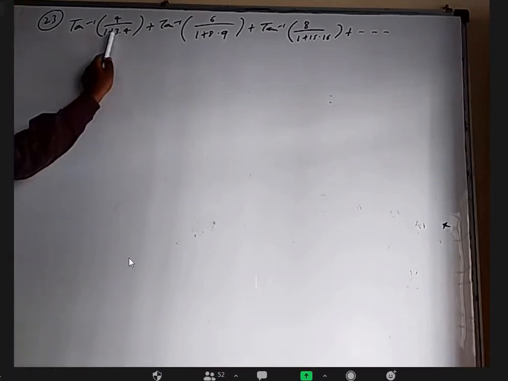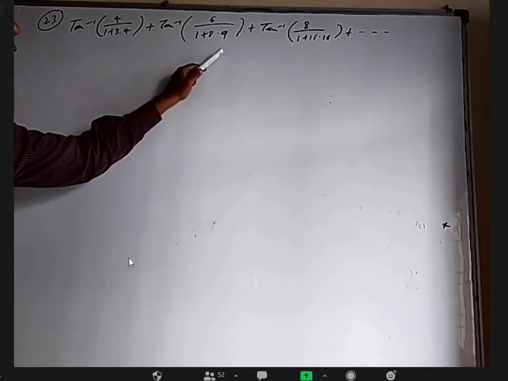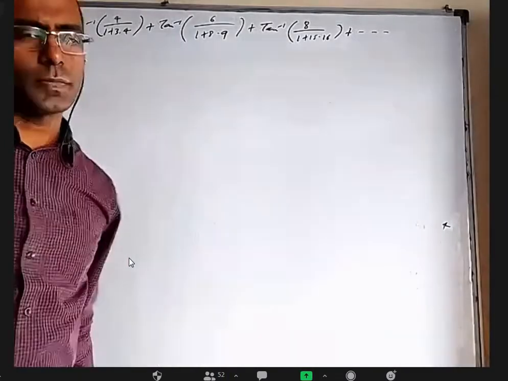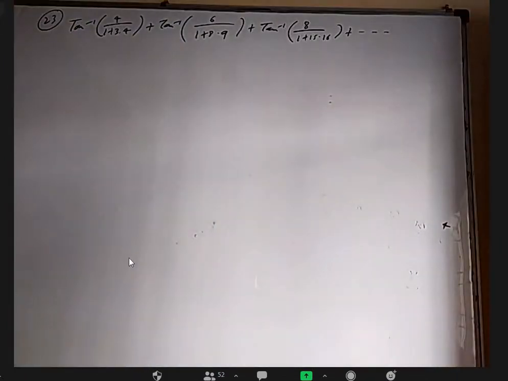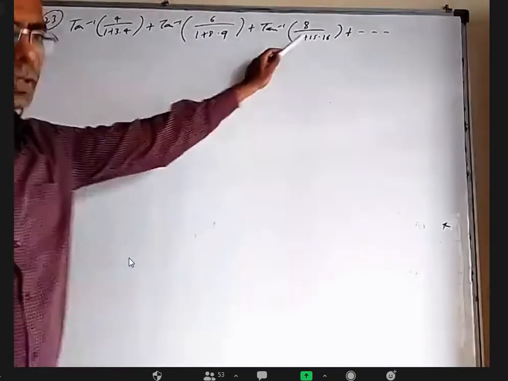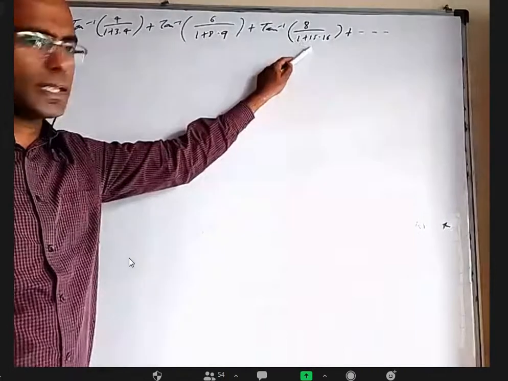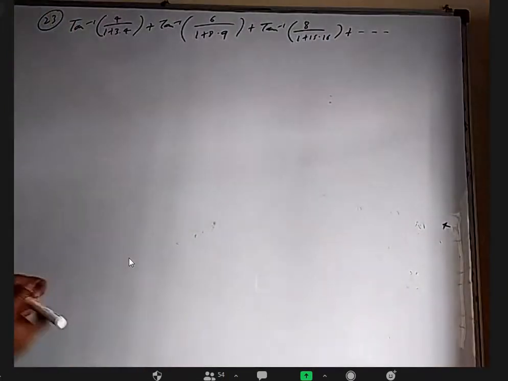Yeah, instead of taking 3 into 4, you can write 12 and then write 6 into 2. Take 72 and then write 12 into 6. I think we can notice a pattern. This is 2 times 2. This is 2 times 3. This is 2 times 4. This is 2 square, this is 3 square, this is 4 square, and this is 1 less than that. Okay, maybe it is that.